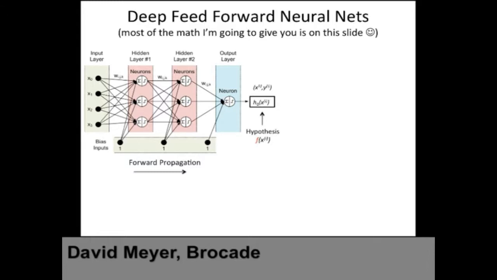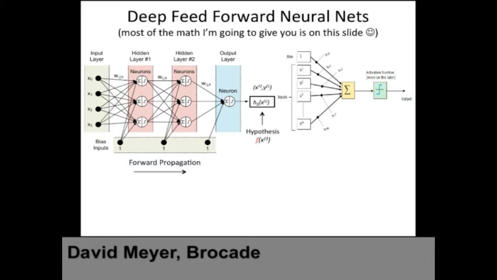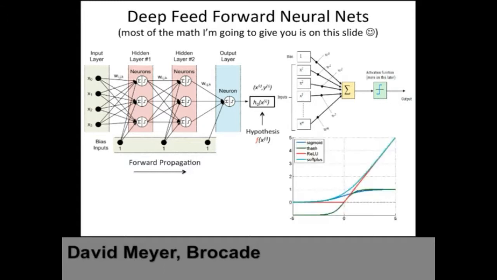Well, this is one of those things blown up. Basically what it does is it takes all of its inputs, computes the weighted sum of those, and then just applies some function. And that function, the activation function, is just some tiny nonlinearity. I'll show you. These are the kind of ones you use, like sigmoid, which squashes the input into the range 0, 1 if you have probabilities, or rectified linear, which goes 0 to the max, and things like that. And those things just feed to the next level, and it keeps doing that. And then at the end of it, you get the output of that, what's called the hypothesis, which is misnamed. It's just computing a function.